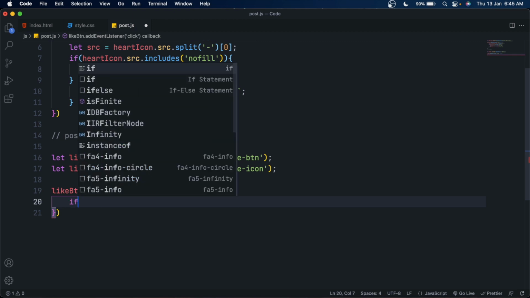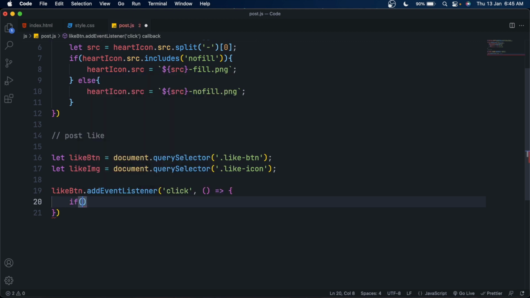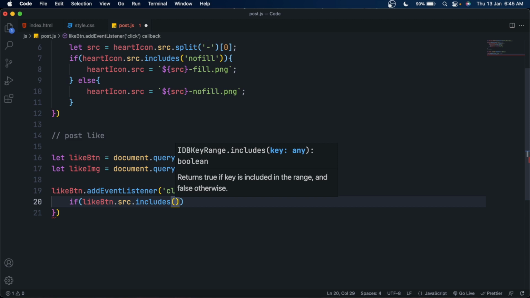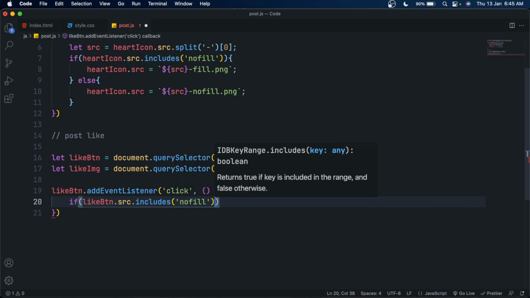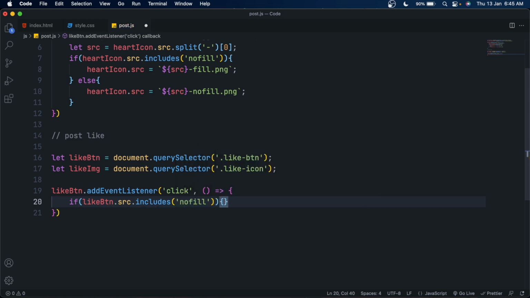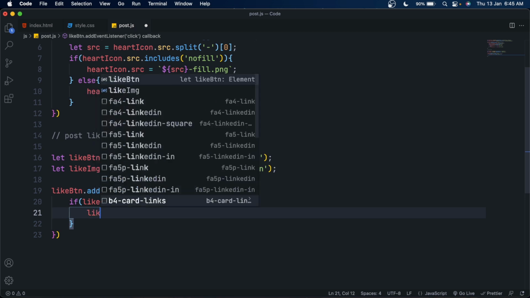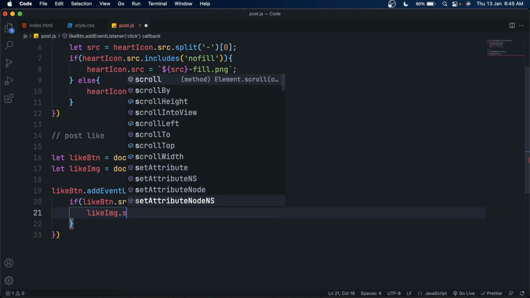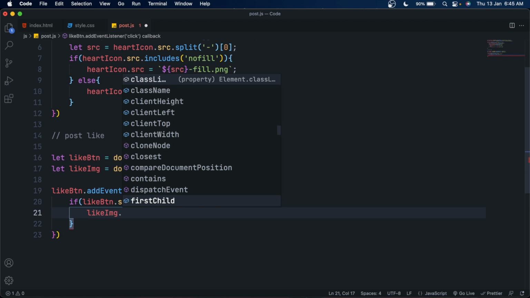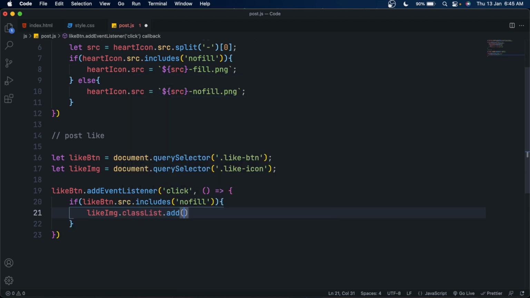Now we have to toggle the black and white icon. So for that, first add an if condition to it. Here we do the same as we did for the heart icon. We'll check whether our like button source includes no fill or not. Basically, we don't want to show the red heart icon when the user has unliked.